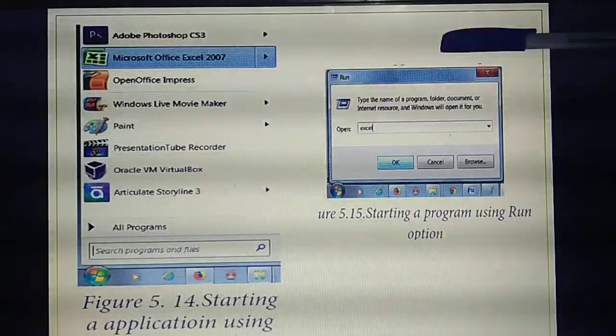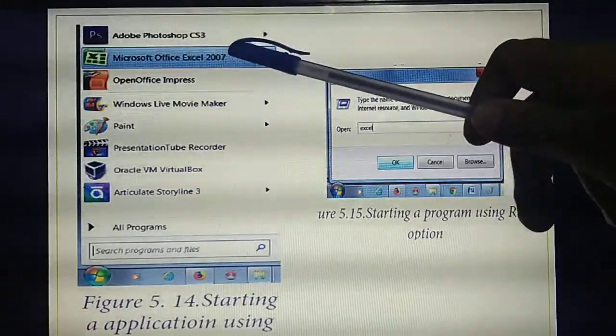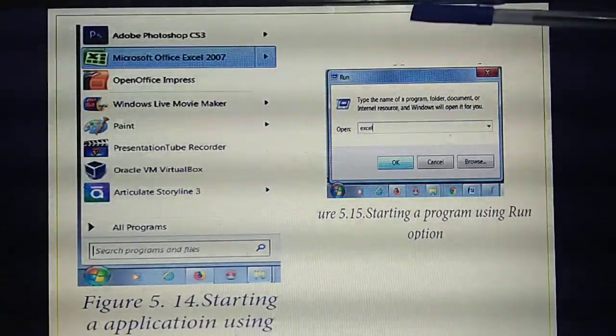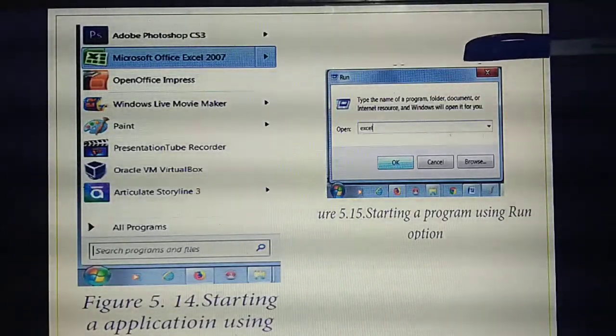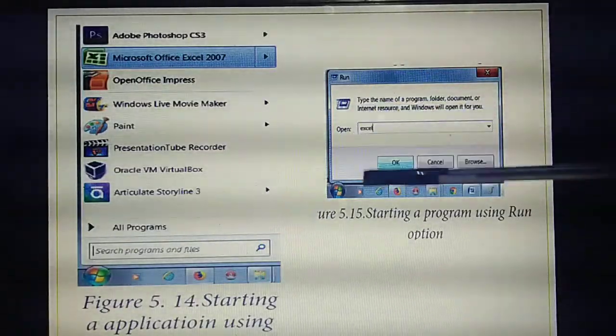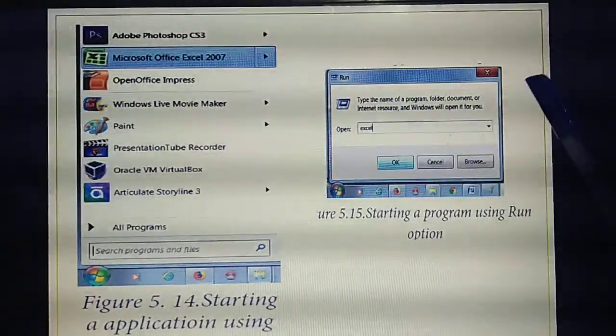Here also I am going to open this Excel file. So I need to type which one? If you click the run command, this dialog box will open. Inside the dialog box, near the Open label, one drop down box will be there.